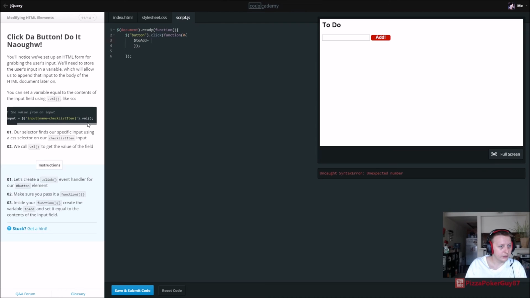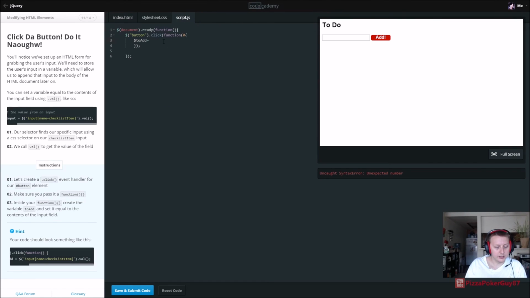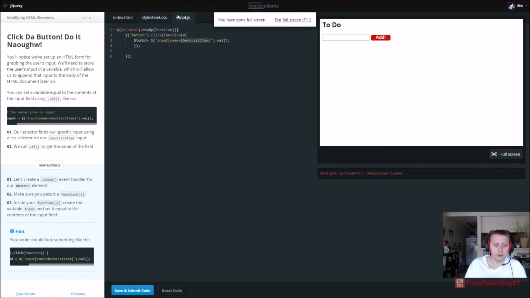And let's see how they do that. So to add, and then if we look here, check list item, we want to add this. So we're saying when we click our button add, we want to use the input of the name and set the name equal to the checklist item. And if you check here, our checklist item is our name. So that makes sense. And now when we run it,